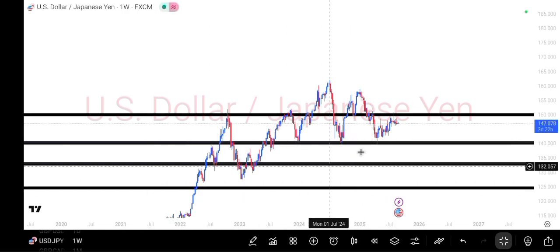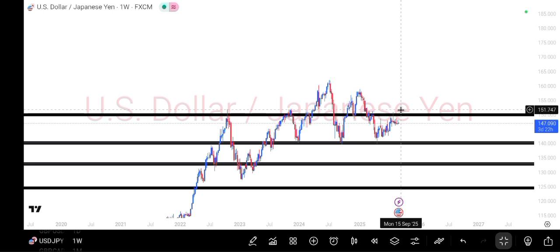The weekly time frame is already telling us that we are reacting at a selling level to possibly drop this market. So until we get a bullish engulfing candle that closes above our ceiling or our resistance, whichever one you call it,